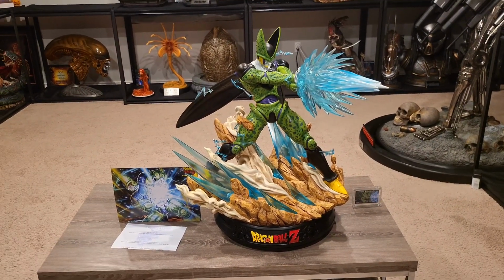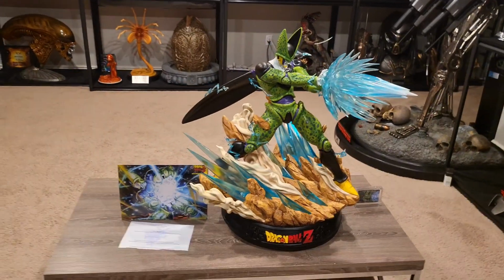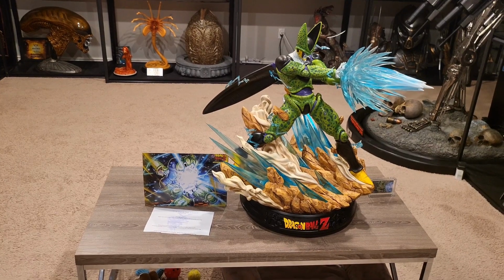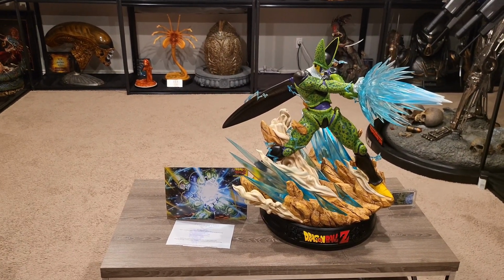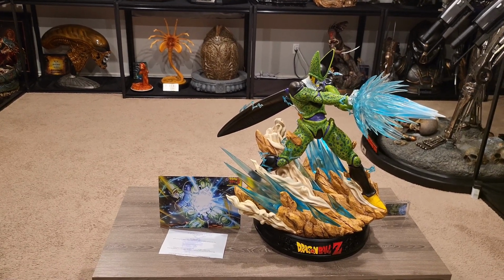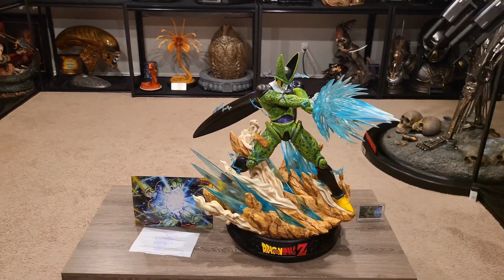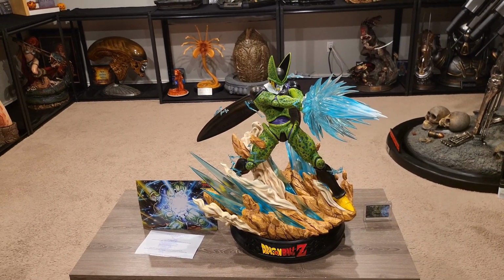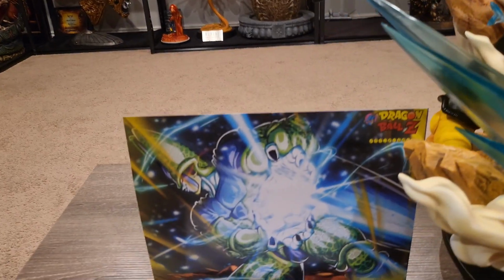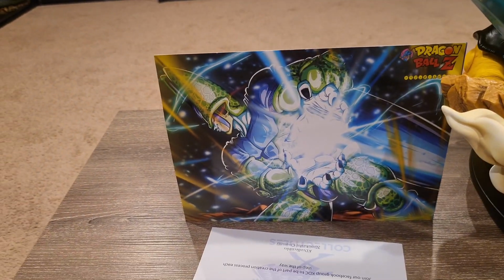Alrighty, folks. So here is everything you do get with KD Cell. Now, this was priced, I think, at $800 or $900 plus shipping, and I paid for shipping for him and Gohan together, and it was a few hundred dollars. Wasn't too bad. He came in 2 boxes, but you get this art print, which looks really good,